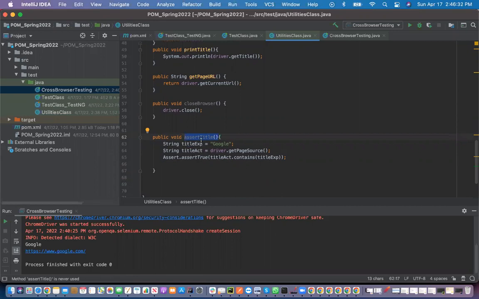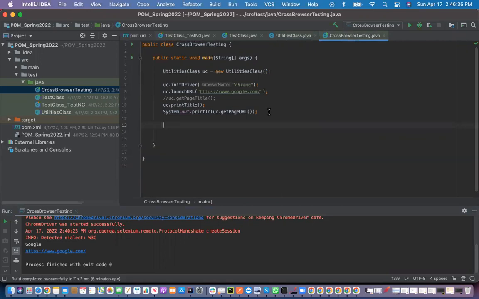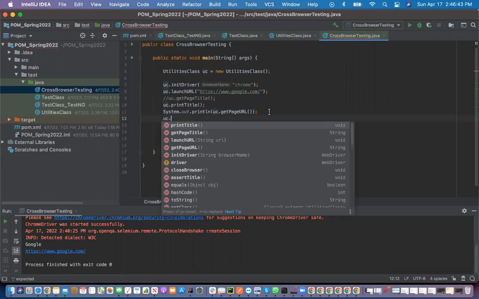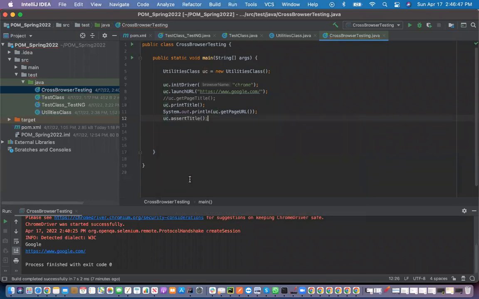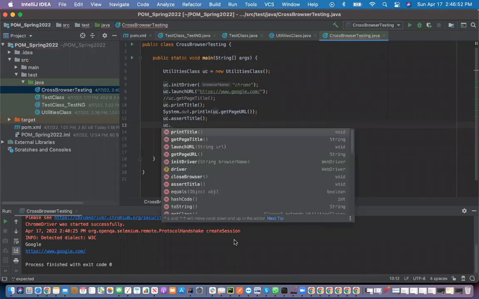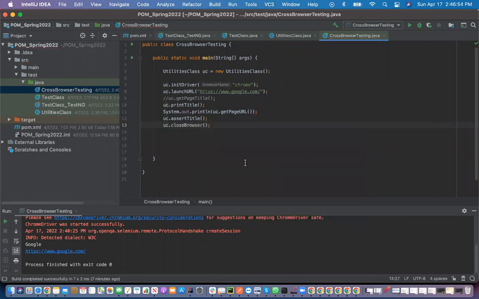Yes. So what do I have to do now? I just have to call this one. Call this one, yes. You see dot assert title. You see that? You see dot close browser. So my test case here is completed. So this is your test case. If I run this,